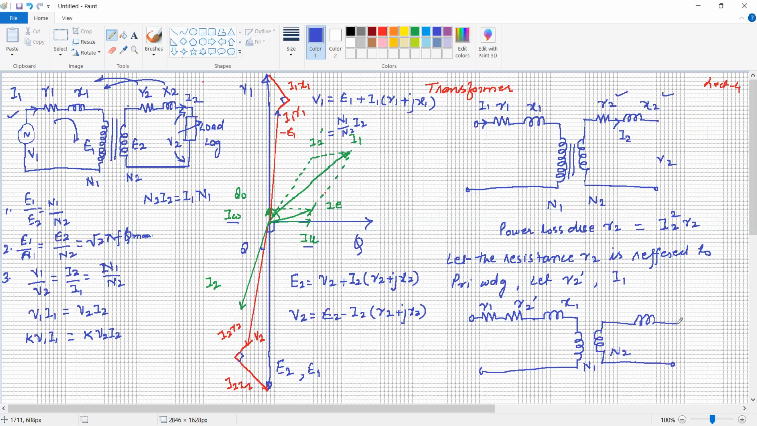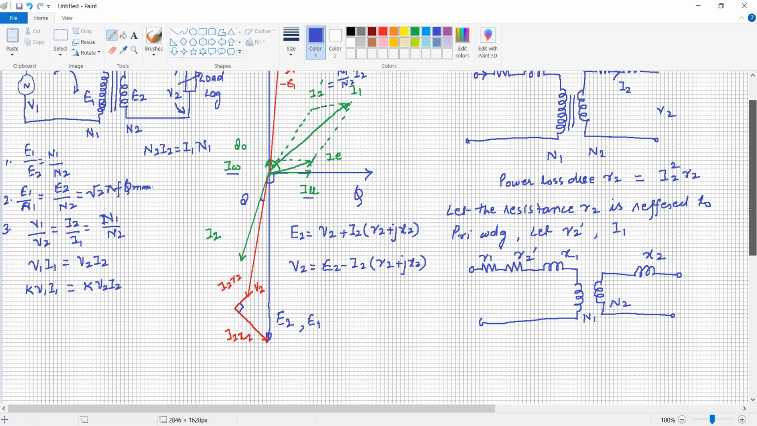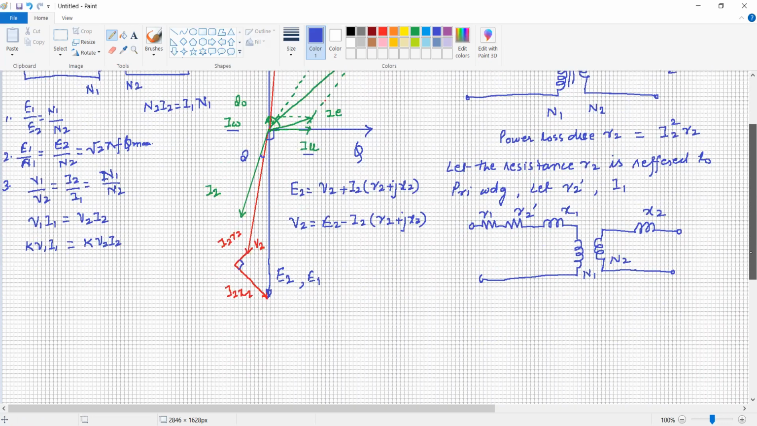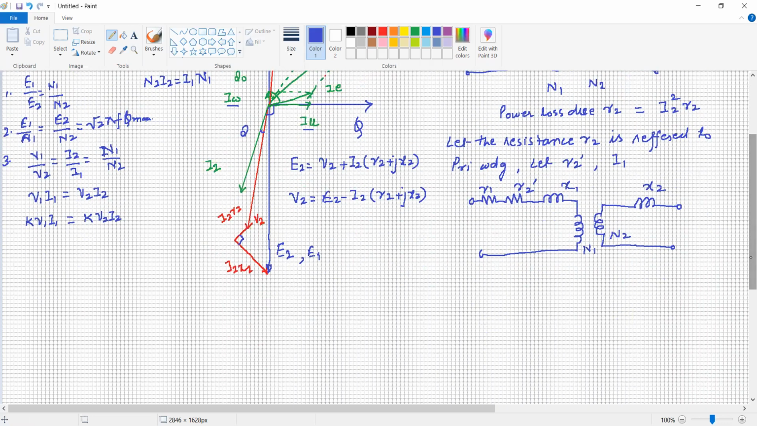Again, just remember, by transferring the resistance either from primary to secondary or secondary to primary, it does not mean there is a physical change in the transformer. It is only for our calculation purposes. Now our objective is to calculate the value of resistance R2 dash in such a way that the power loss